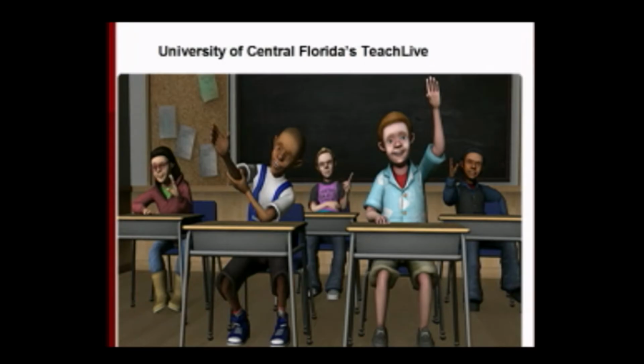At the University of Central Florida, they created something called Teach Live, and this is for teachers, sort of wannabe teachers. In the undergraduate program, they're able to simulate a classroom where these students can raise their hand, they can ask questions, and you have a wide variety of behaviors here. You have the individual who maybe wants to sleep through class, and I know that Mr. Keefe doesn't have any of those in his class.